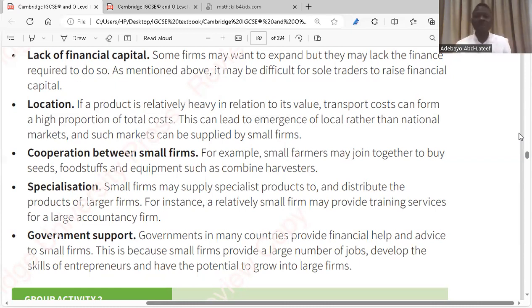Yes or no? Yes. So this might make local firms start transacting with those big firms. Local firms will make themselves available to take those products in bits. So new firms are set up, but they are smaller because the only thing they need to do is transport those products to their destination. They don't need to be big because they are not the ones producing, they are only transporting. So the location might also determine what happens with a firm. The big firms will produce it, but there are small firms that will deliver. So they become a business too. Yes.